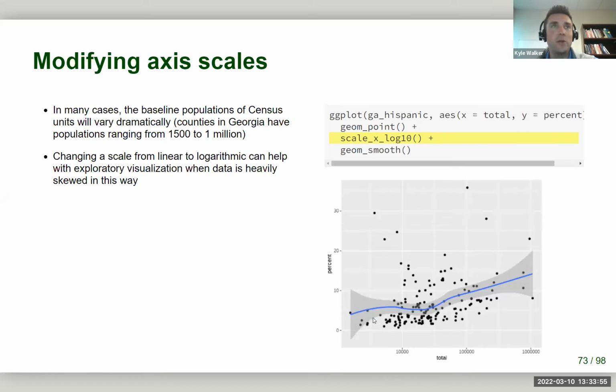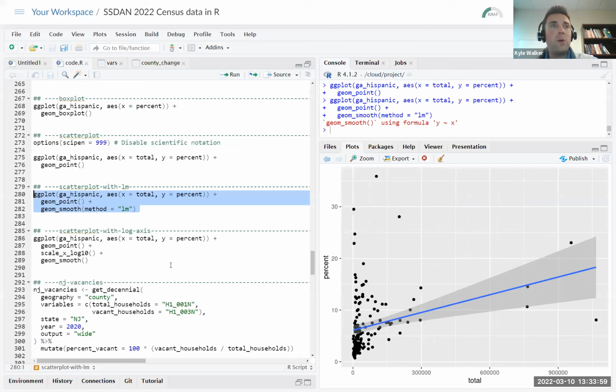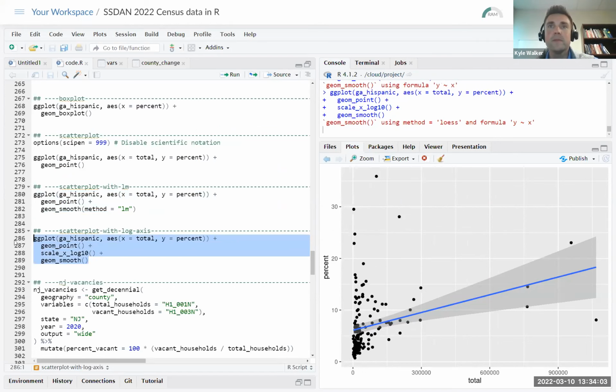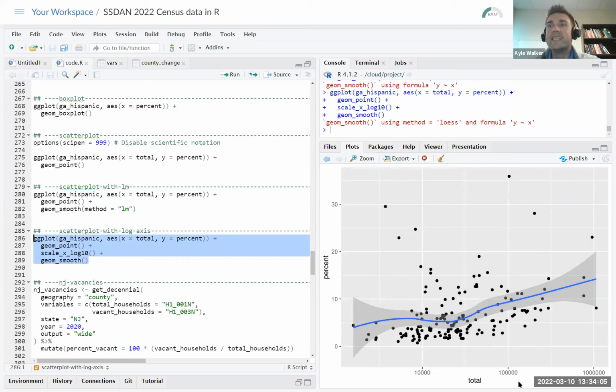And we can really suss out that relationship a little bit more. So when I run that code, I get this plot with the x-axis on a logarithmic scale,